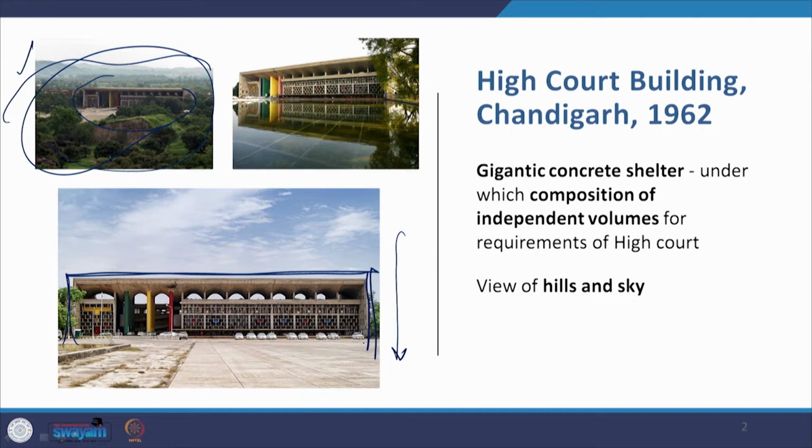And then above that, as in the Assembly building, is this very vast sunshade, and it is a monumental scale. It is projecting out and completely shadowing the building, and beyond that there is also the brise soleil or the sun breakers in the front facade of the building. In the case of the Assembly building, you found the brise soleil at an angle of 45 degrees on the side of the building. In the front, facing this precisely, is the Assembly building, again having a very deep loggia through which you enter the assembly building, and behind it is the view of the hills and the sky.